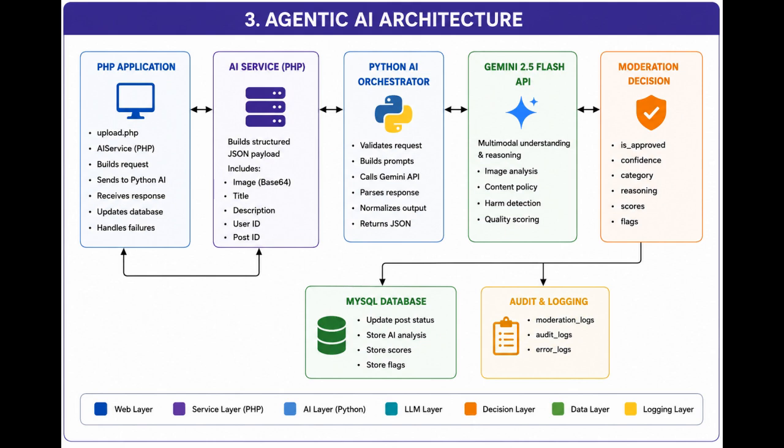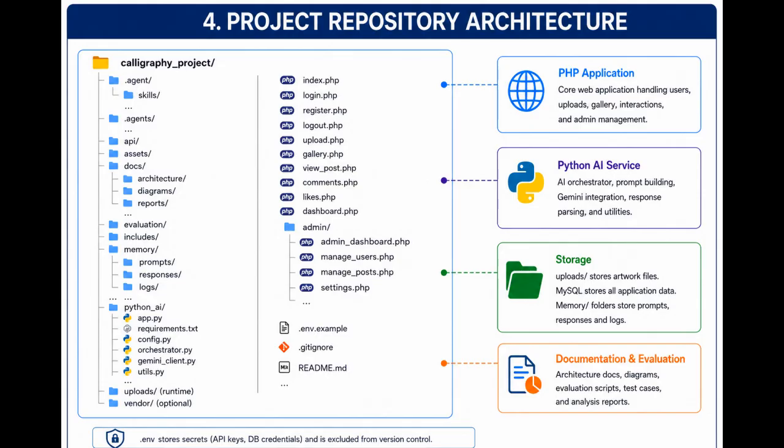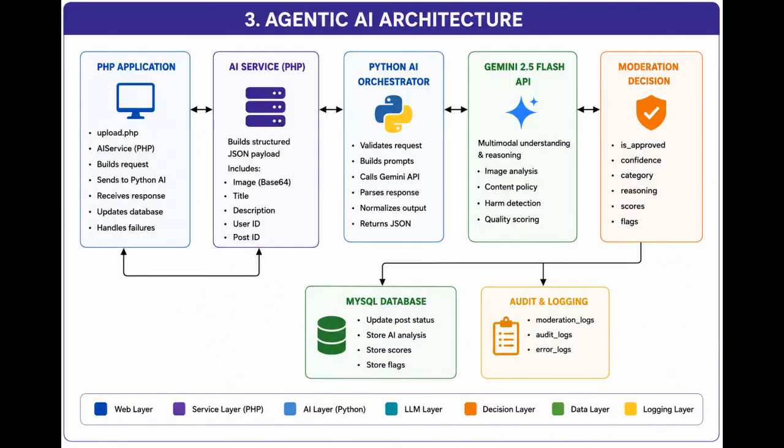Our backend is driven by a highly structured, multi-agent orchestrated layer, clearly illustrated in our agentic AI architecture. The orchestrator receives the payload and maps out execution paths against explicit, reusable playbooks isolated inside our agent skills directory. Google Gemini 2.5 Flash performs deep multimodal reasoning on the raw imagery, evaluating advanced artistic dimensions like stroke consistency, line alignment, and spatial balance. It returns strict, standardized JSON variables containing quality indices, classification tags, and error flags directly into our